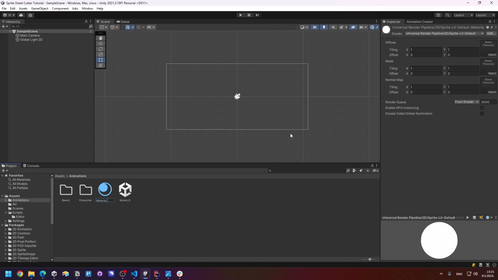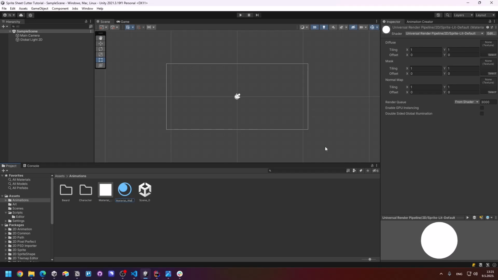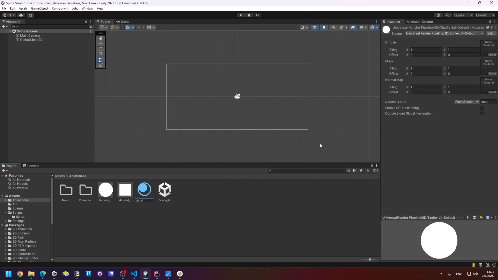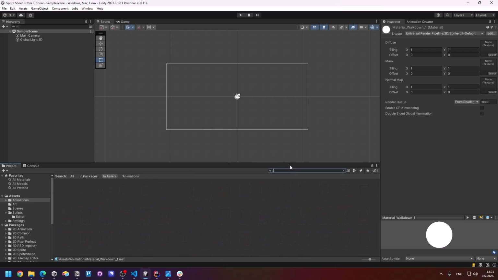And let's emulate what we're going to do, like material walk down 0. Then we're going to create another material called material walk up 0. Then we're going to create another material called material walk right 0. Then I'm going to duplicate them all, and I will just remove the 0 and we'll replace it with 1 walk right. And now if I go here and type T material,